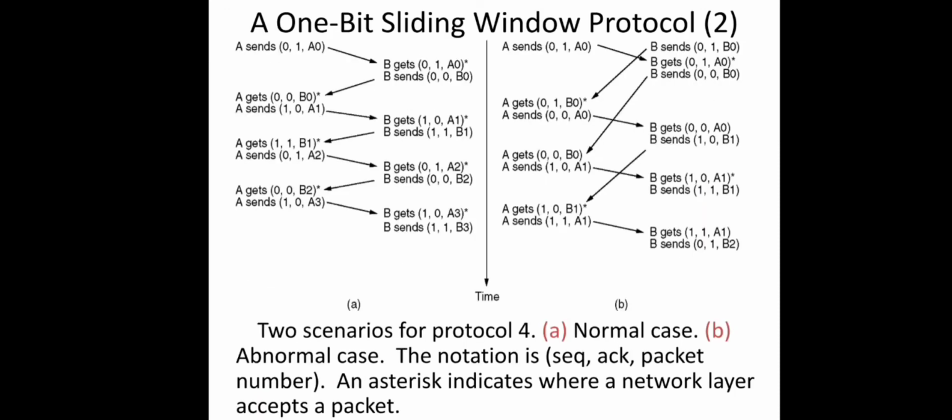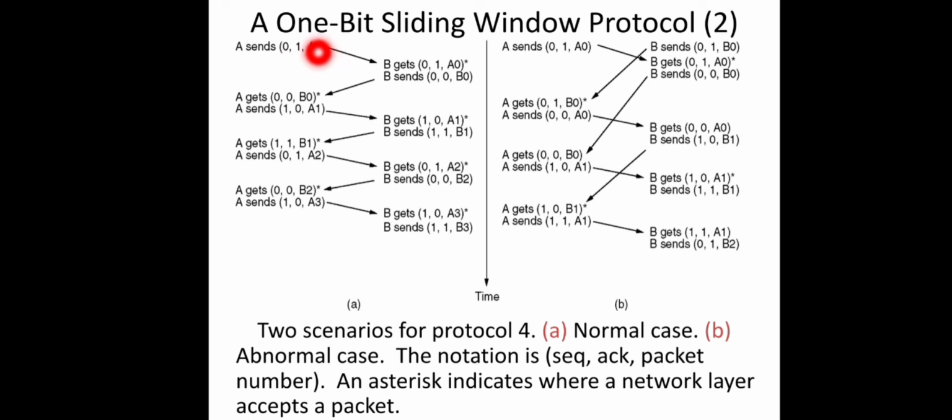Okay. Now let us see two different scenarios. One in which this protocol works well without any error, and the second one in which there are some issues in this protocol. In the normal case, let us analyze first. This packet format has three fields. The first field is the sequence number of the data frame, and the second field is the acknowledgement. It is piggybacking the acknowledgement, the number of the data packet I have received safely.